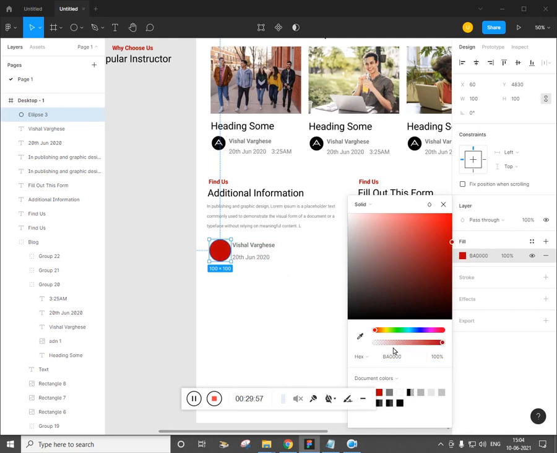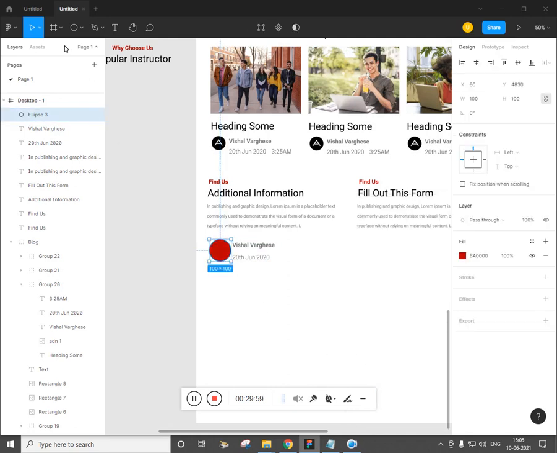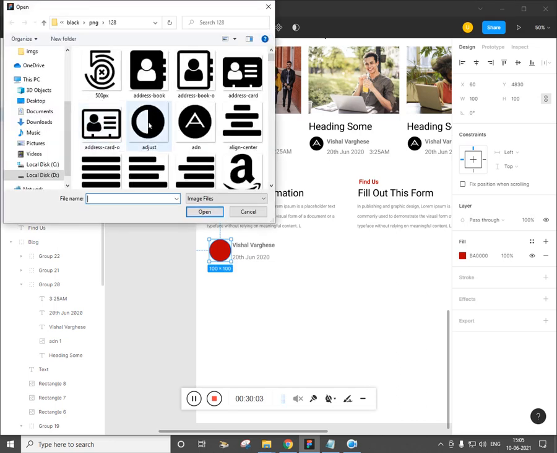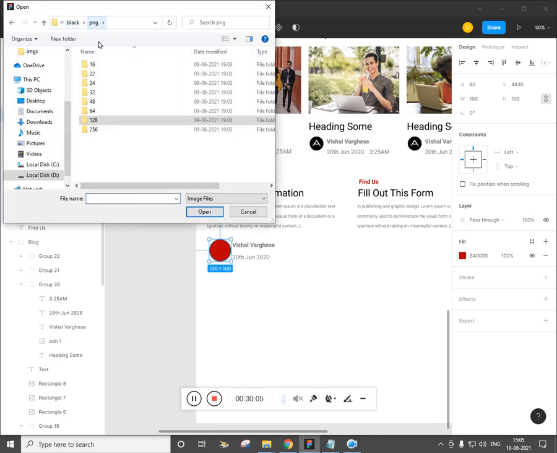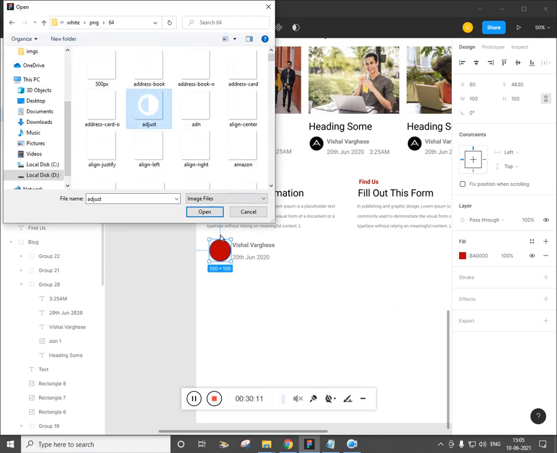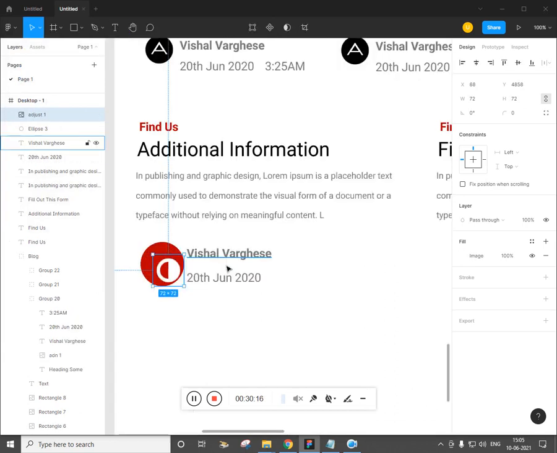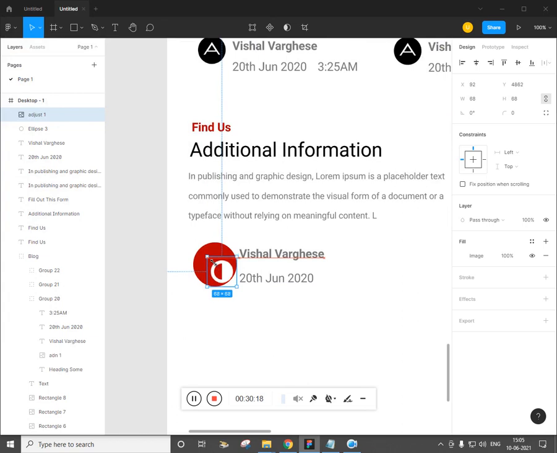And once it's there, just replace the white color, we need white. You choose the proper one. I'm just choosing a random thing to save time. Now make this slightly bigger, select these two, center align.